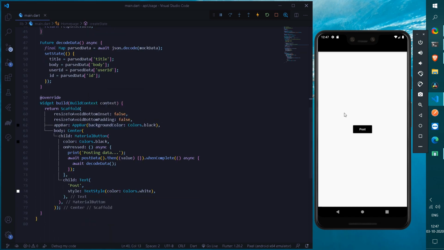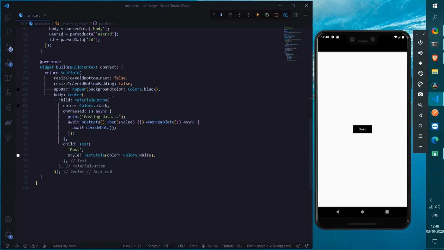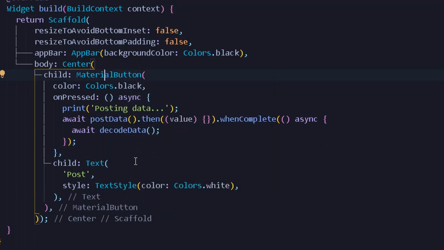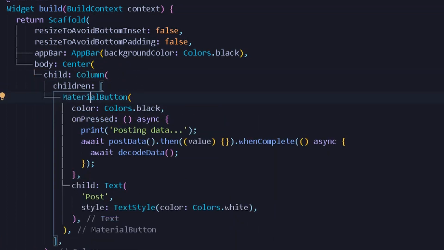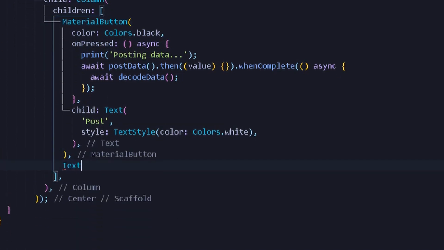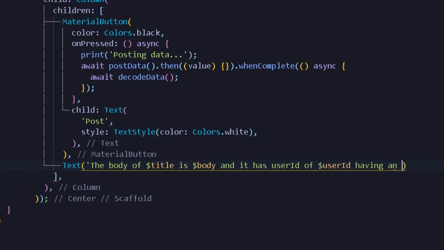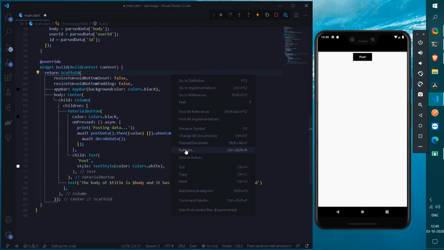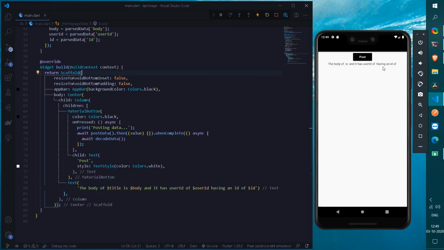Below this button we will be displaying all of our data that we have posted to the REST API, and we have gotten the response in the form of a string, not a dynamic but a string. Here we are getting the child as a material button to our center. So I can refactor this into a column, and under this column we can start adding a text widget for each of our data. Here I will write simply a text. Now this text shall be, let's say, so we have constructed our statement here. You can format the document once and press Ctrl and S. Now you can see we are getting all of our values, which are null for now. So we can post the data.